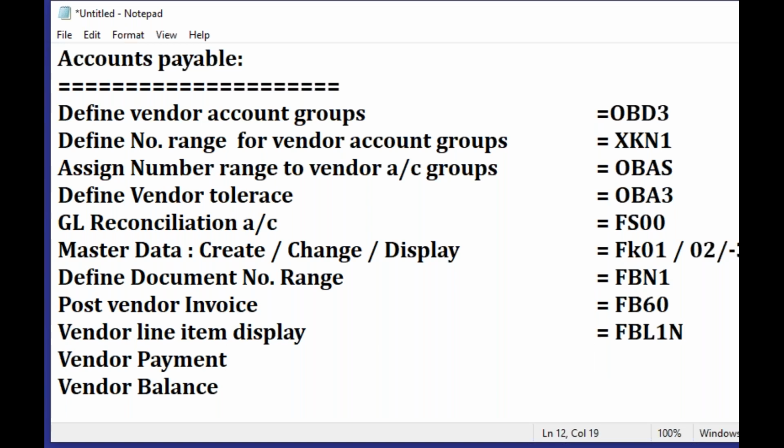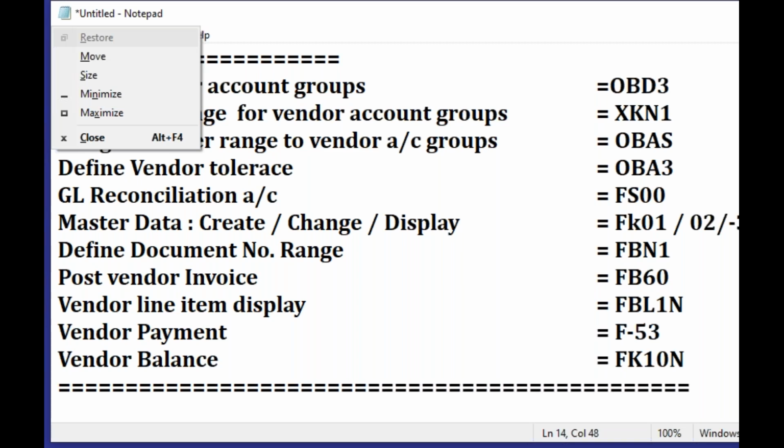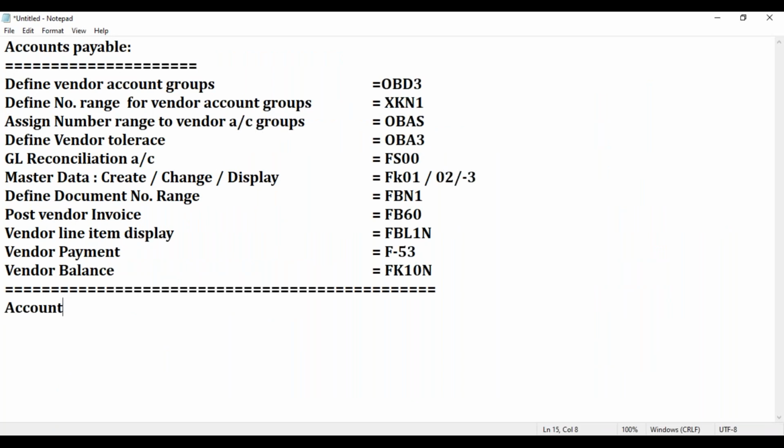And then vendor payment F-53, then here FK10N. This is all about accounts payable. Now if I wanted to run accounts receivable,